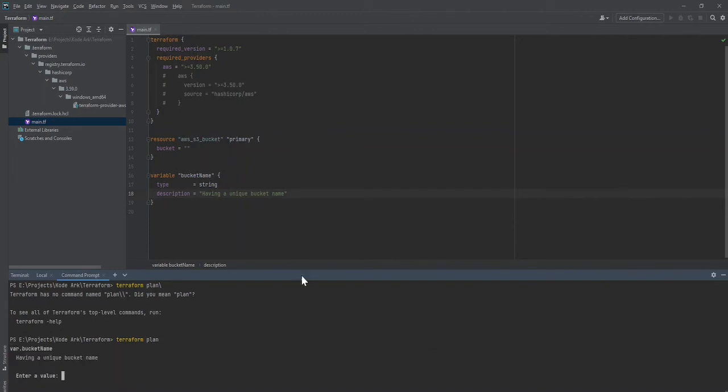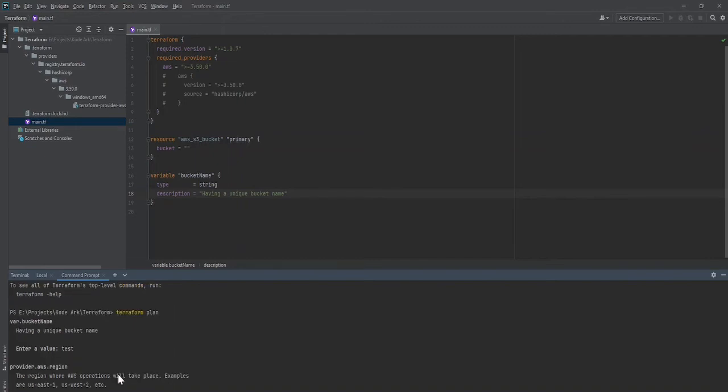It is asking about the variable name as we have made it required, so I'll type something as a name, input it and hit enter. Now it is saying something about a region, provider.aws.region. So try to reference this provider block.